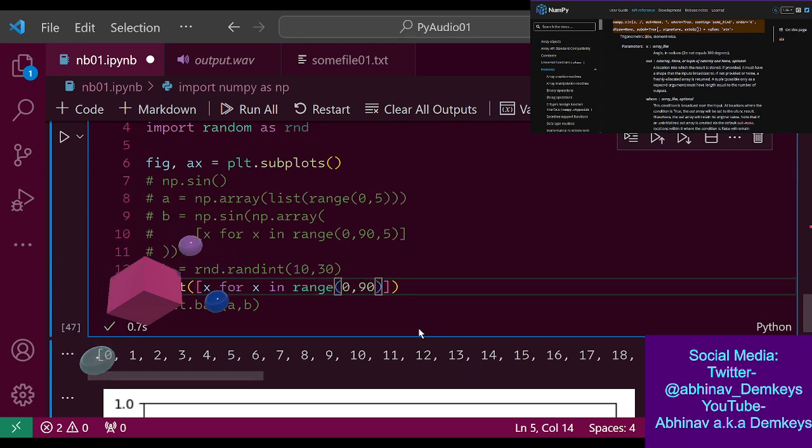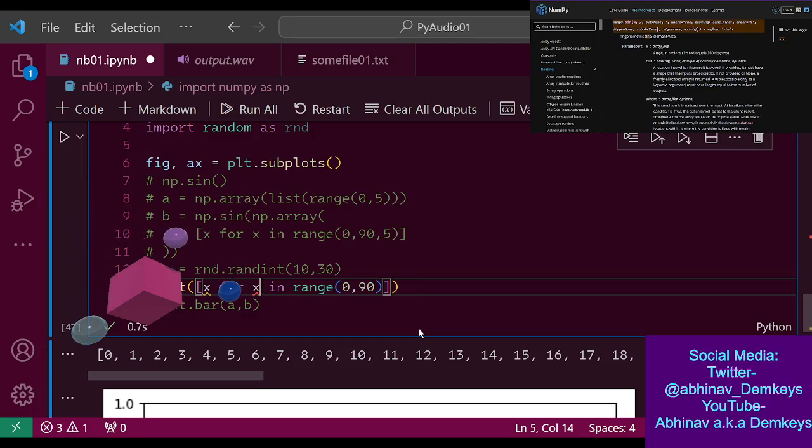How do I limit this? Because I was gonna do something like x for x divided by 5.